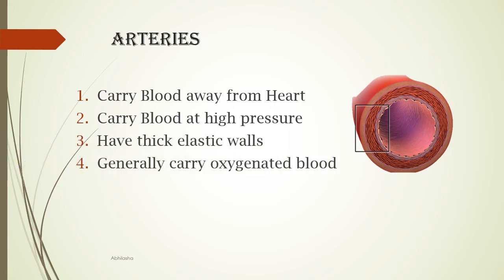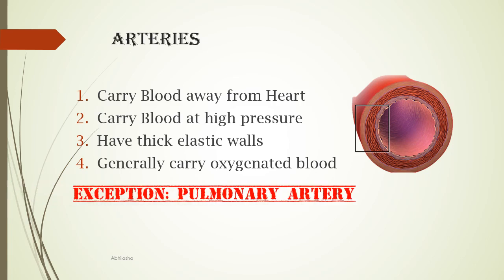Now, arteries generally carry oxygenated blood, but there are a few exceptions to the rule. One of the exceptions that you have done is the pulmonary artery. You recall the four chambers of the heart? The lower chambers, the ventricles, pump out blood. Of these, one of the chambers pumps blood to the lungs. The artery which carries blood from the heart to the lungs is known as the pulmonary artery, and since it is taking the blood for oxygenation only to the lungs, this artery carries deoxygenated blood. So the pulmonary artery is one of the exceptions. It carries deoxygenated blood.